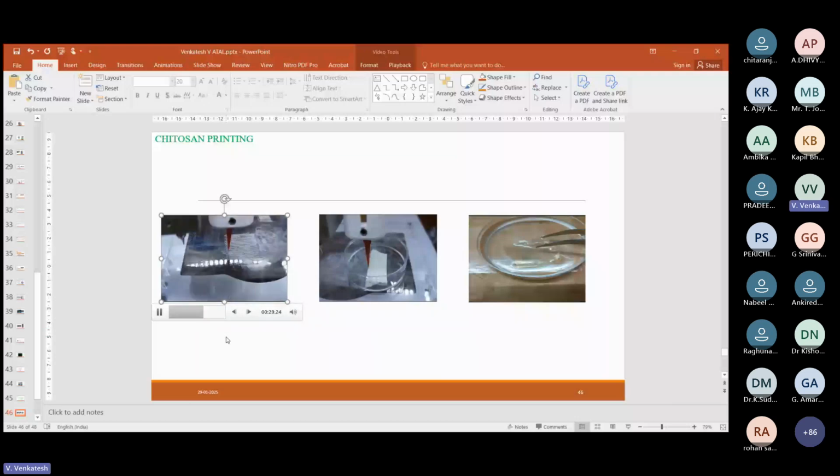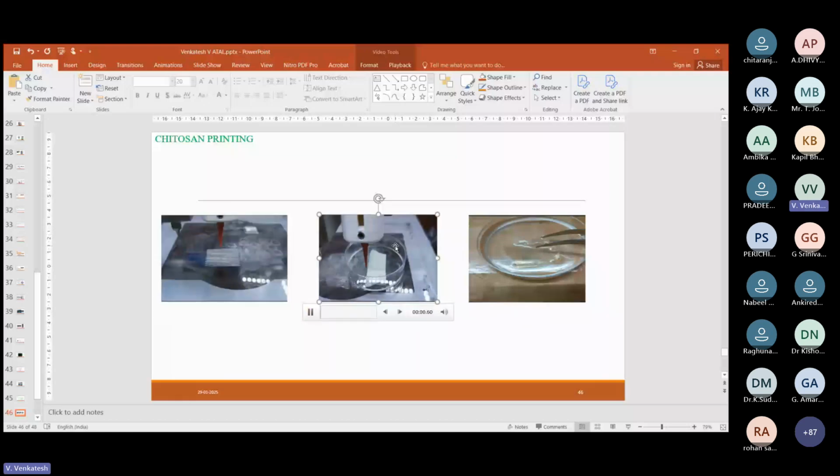The pressure which I applied to print the chitosan gel is about 1.2 bar, the printing speed about 80 millimeters per minute, and the layer thickness about 0.2 millimeters. So after printing, this is the first trial that I made with the chitosan material. I printed it on a flat surface. With this result, I started to print the same chitosan material in the petri dish,